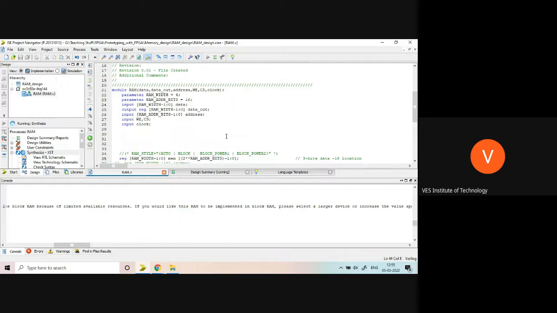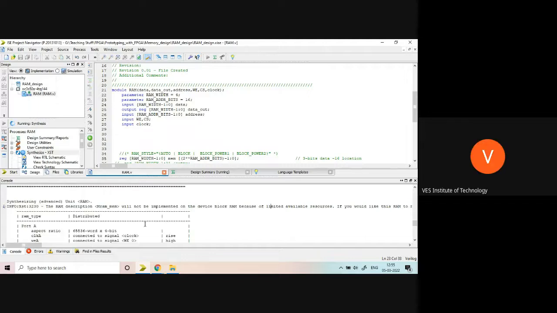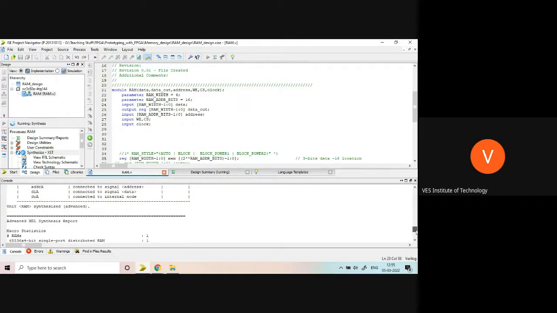So it's a very big RAM. Yes, so we actually have to reduce the number of address lines. Because 2 to the power 16 is very big, that's why it is taking a lot of time. Just a minute. I will stop this. Wait a minute. Otherwise, it will just take time and do nothing.